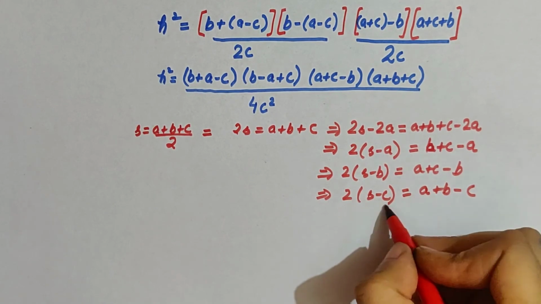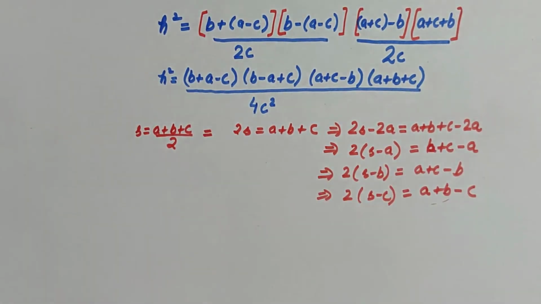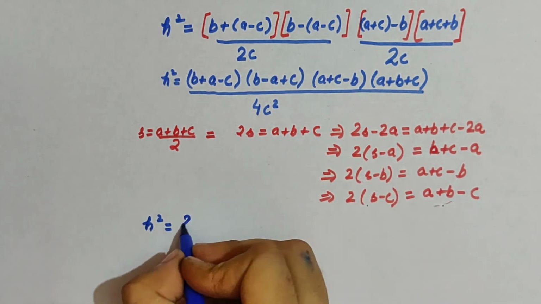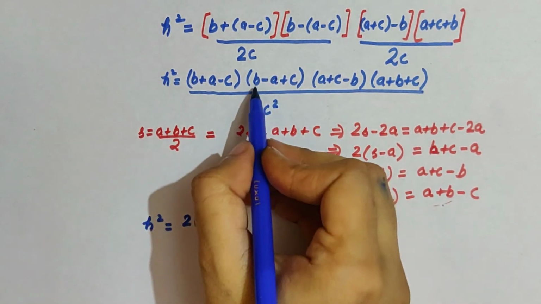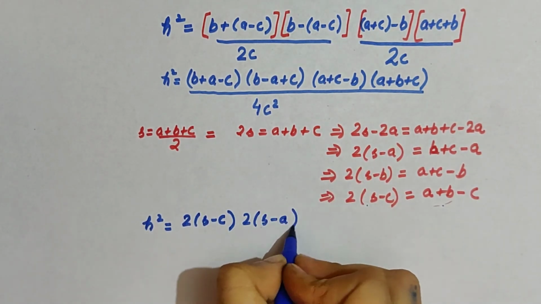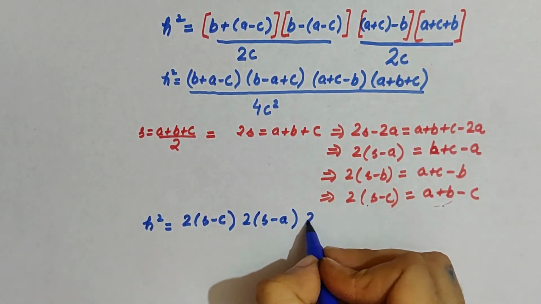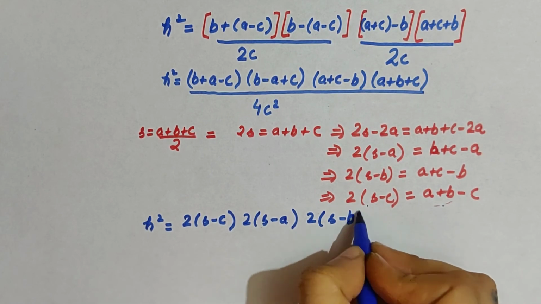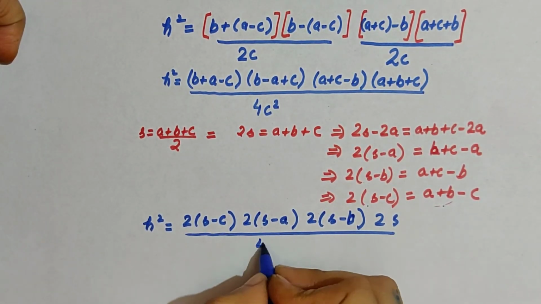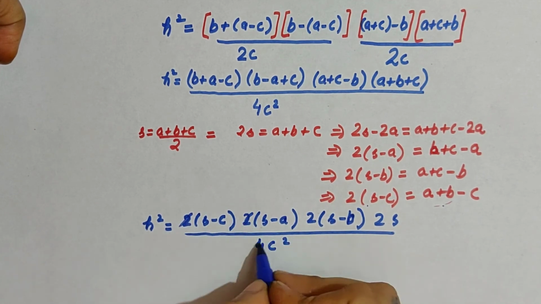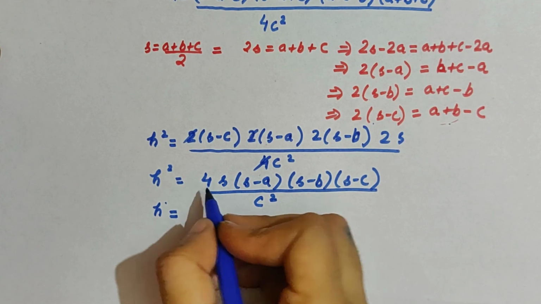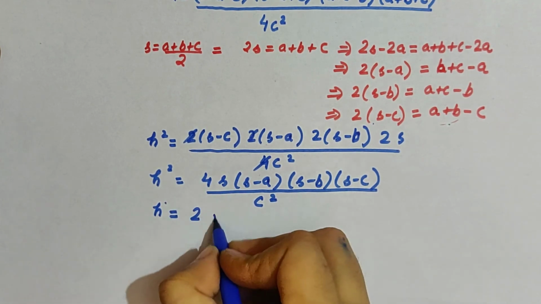So we will use these things in this equation. So b plus a minus c is twice of s minus c. Okay. b plus c minus a, that will be twice of s minus a. Similarly, this will be twice of s minus b, and this will be twice of s. And here we see 4 square. This 2 and this 4, we simply take under root of this expression. If we take the under root, this becomes 2 and this becomes under root.